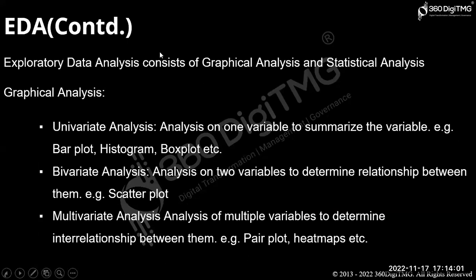Exploratory data analysis. Once you know all the features, and if you have done some pre-processing, then we will be doing this exploratory data analysis. Exploratory data analysis means visualizations only. We will be doing various visualizations. See, normally when you have Excel data, you won't be able to understand anything.